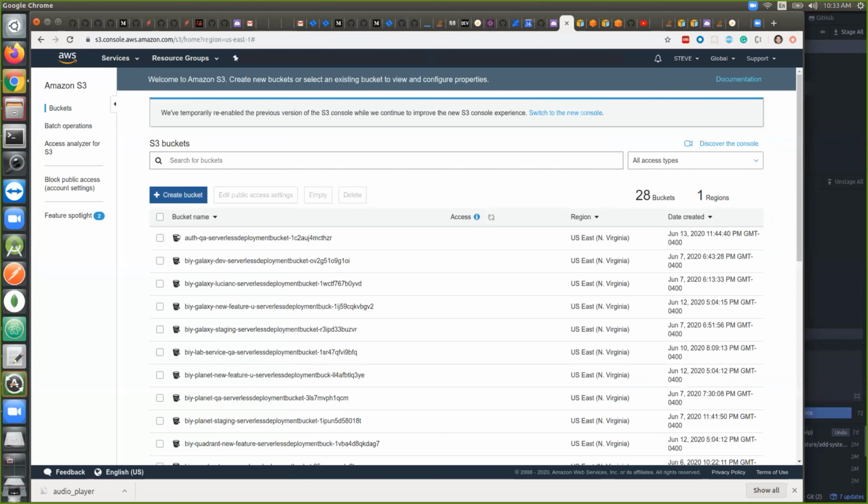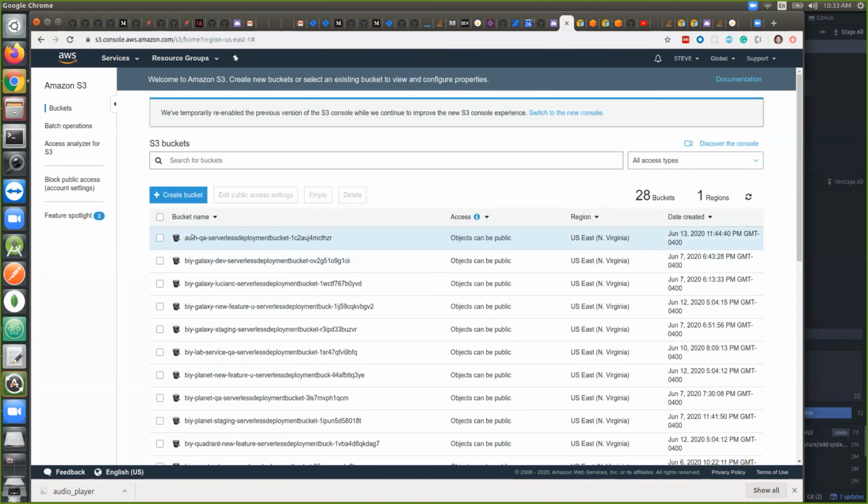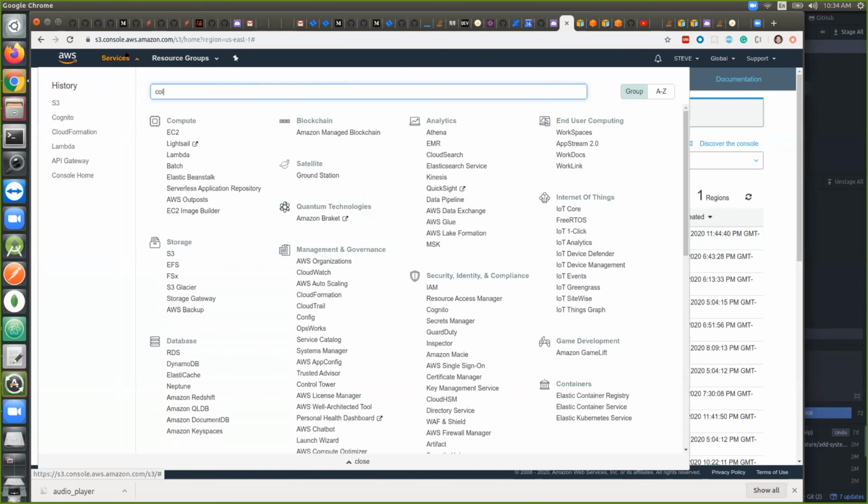In the S3 bucket, we have our QA service bucket here, so we also want to delete this bucket,